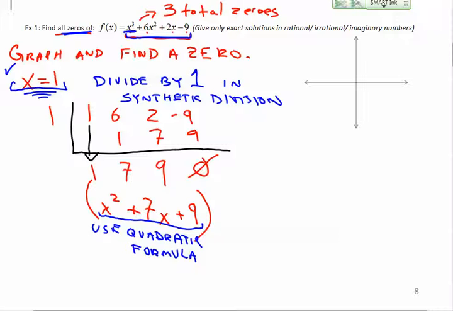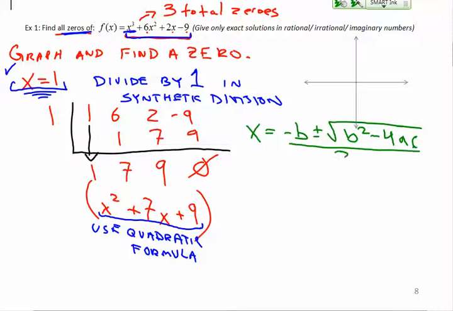My quadratic formula says x equals negative b plus or minus the square root of b squared minus 4ac, and all of that divided by 2a. So this is where we had to identify what our a, b, and c are. And looking over here at my quadratic,